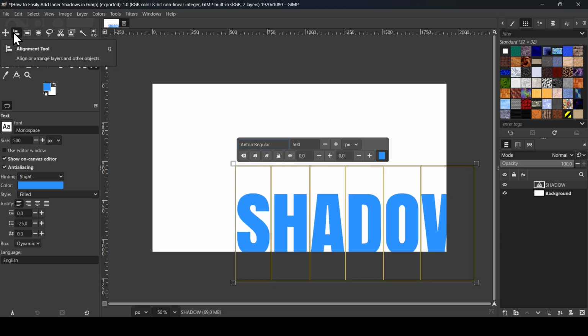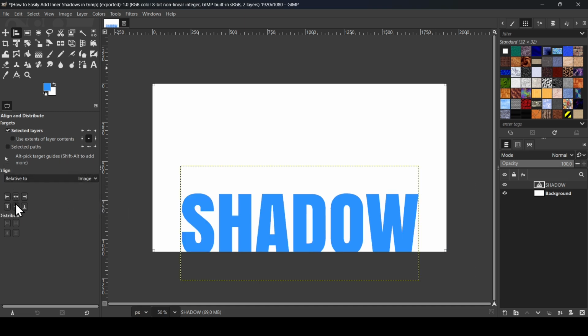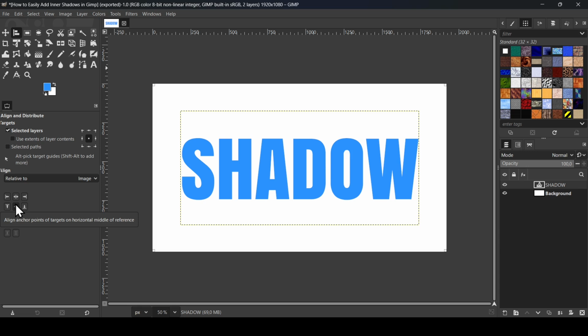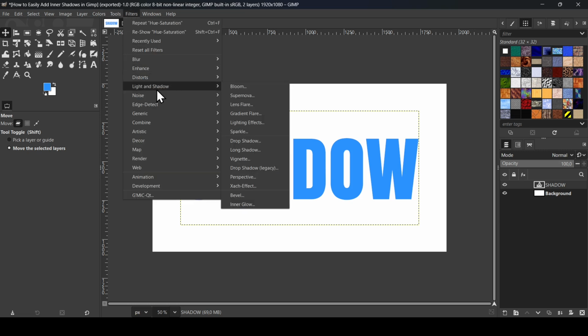And now let's select the alignment tool, left click, make sure the align is relative to the image, and now let's align it horizontally and then vertically to center it. So here it is. Now let's select the move tool again, and now go to filter, light and shadow, and